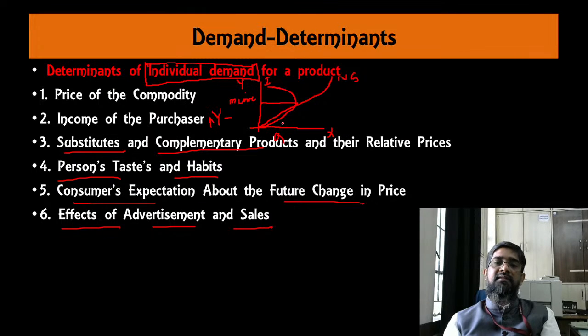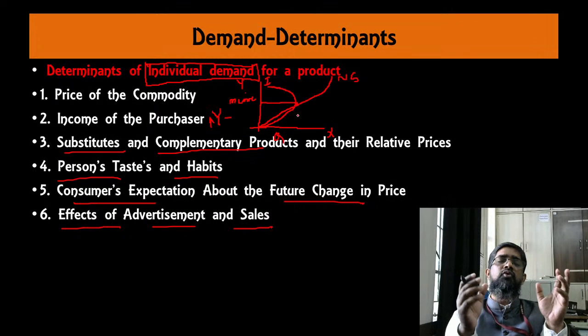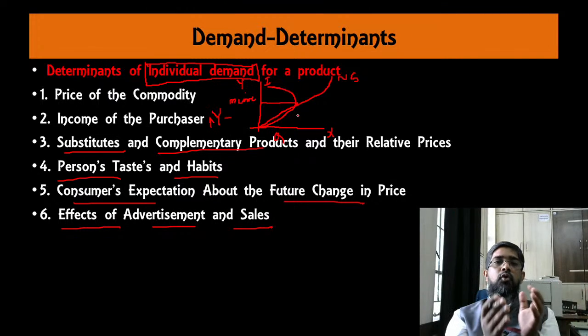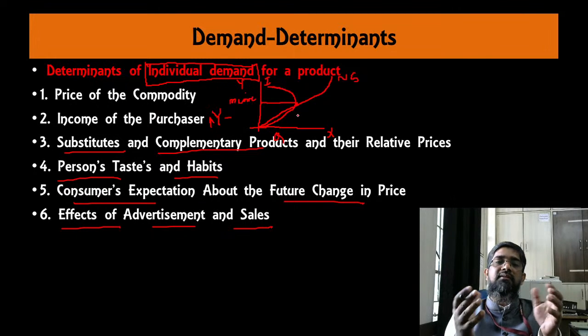And in case of necessities, when income increases little bit, there is increase in the necessary good, because there is a segment of people who are not having any income or whose income is very very less. तो जो नेसेसरी कमोडिटी है उसका ही कंजम्पशन वो कम करते हैं, बहुत कम करते हैं. तो जैसे जैसे इनकम बढ़ता है तो थोड़ा उसका डिमांड बढ़ता है इन केस ऑफ necessary good, necessities.